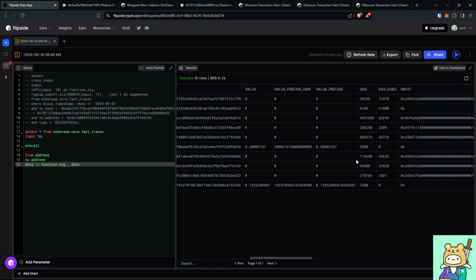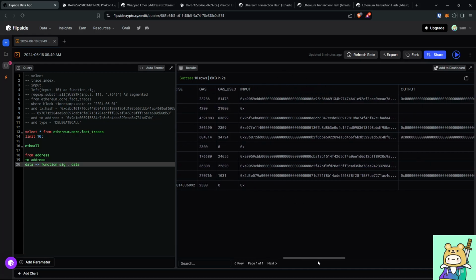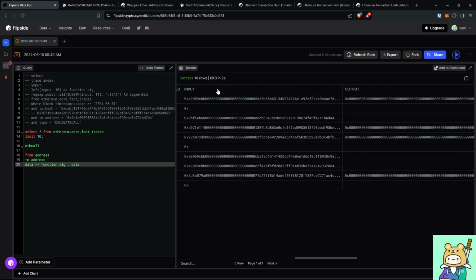And then gas is, of course, what is gas actually? Surprise, I forgot. But it's a standard, like what you will see in the transactions. And then there's 2 things called input and output. So input is what you send, and then output is, there can be no output,